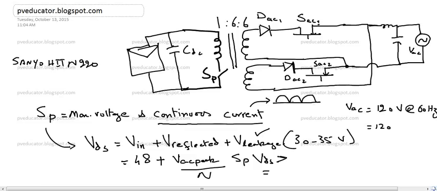So therefore, when we measure the continuous current capability, we have to keep this in our mind. Now if we are using this Sanyo HIT 220 module here, then at the minimum voltage, the maximum current will be I equal to 8.8 ampere. This is through the simulation I have calculated. Now the maximum input current is,